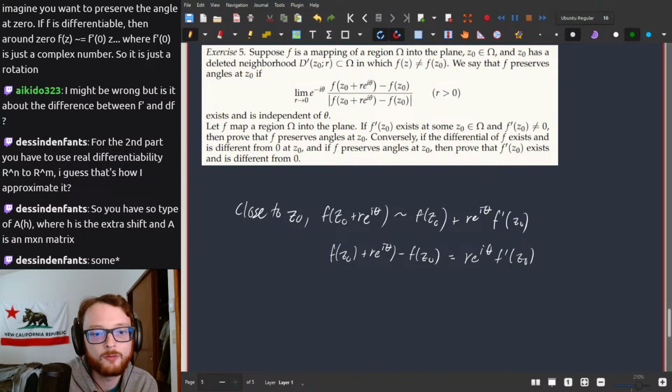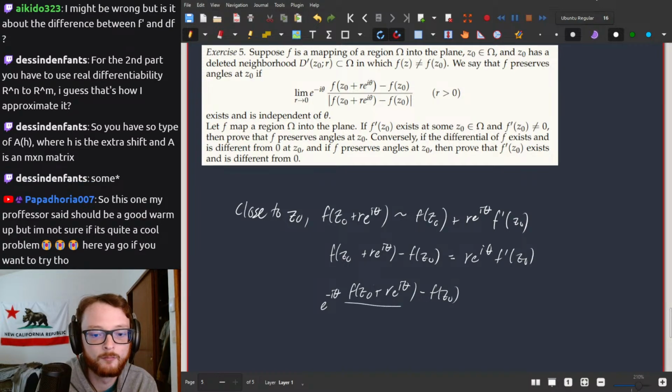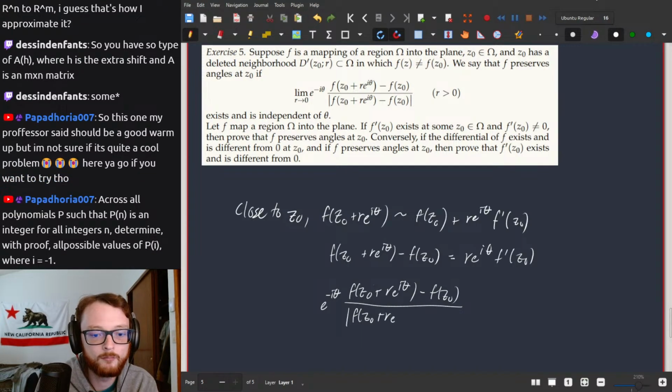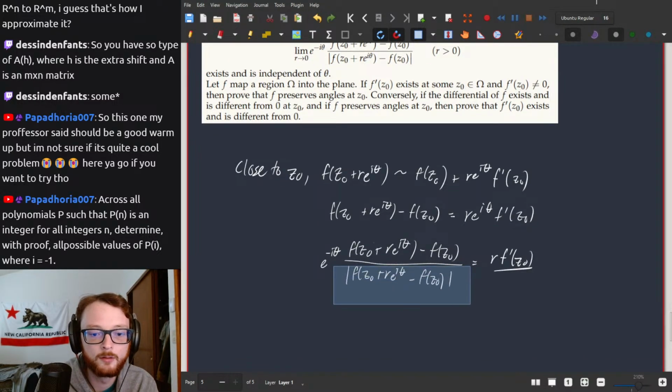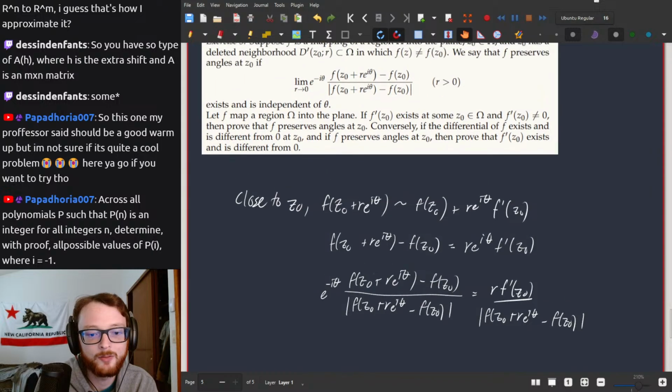Now if I just want to do anything it takes to be able to use this fact, I guess I would multiply each side by e to the minus i theta and the magnitude of z naught. And then if I take the limit as r goes to 0,